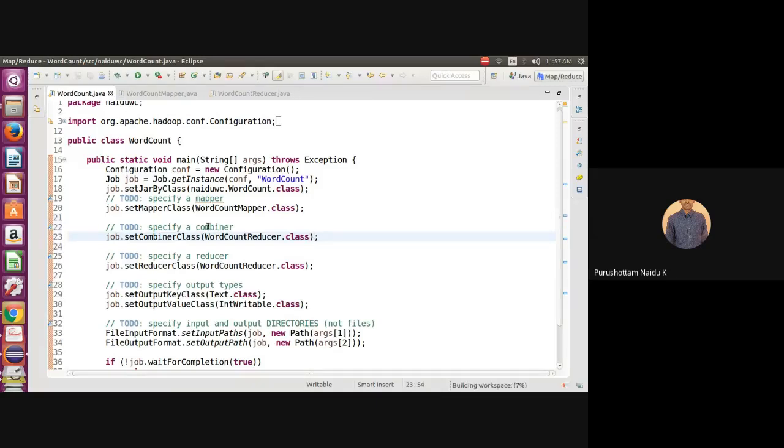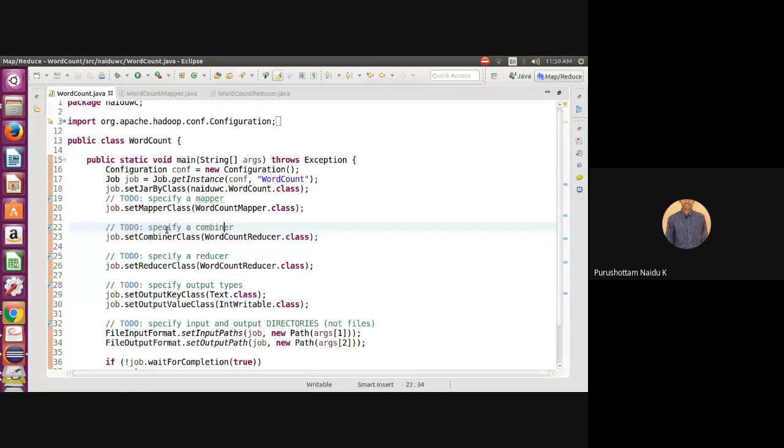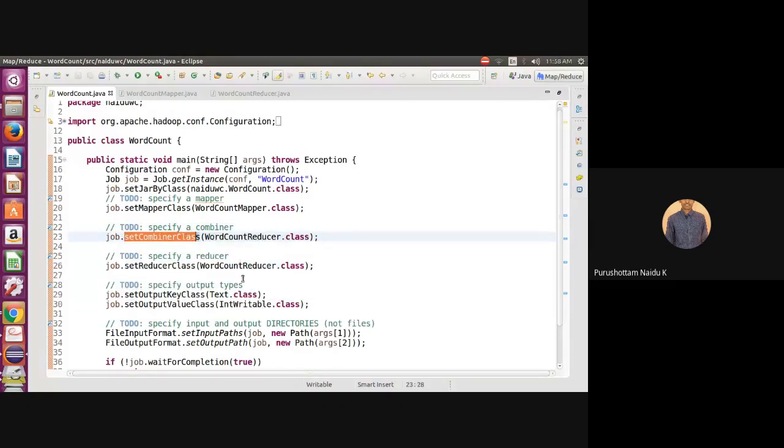A single statement we have to add in our driver code. Now it should work. It can run the program with the combiner class. That's why the combiner is just like a reducer. What code we specify for the reducer, the same code we maintain for the combiner. We just use the set combiner class method, and in that method we add the reducer class name. Now this program works with the combiner class. That's it. If you run this program, it runs automatically with the combiner class. That is about the combiner.